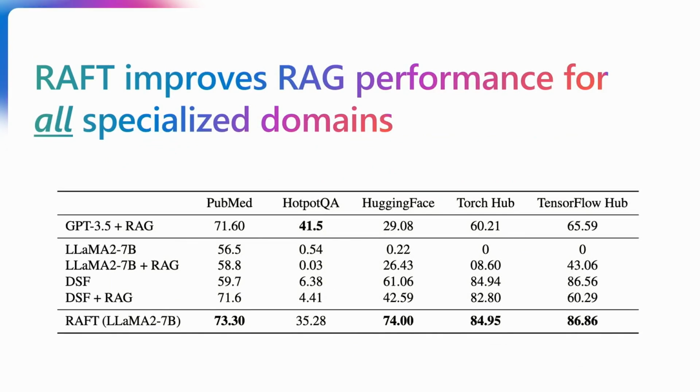How well do we perform? Well, in short, with RAFT, you can take an extremely small model like Llama 7B, and Cedric's going to show you some of the benefits in terms of cost of doing this, and actually get better performance compared to even state-of-the-art models out there, open source and closed source proprietary models. PubMed is a classical medical data set. HotpotQA is like a Wikipedia-style general knowledge data set, and the remaining three are coding data sets. So across three domains, what we show here is that RAFT performs state-of-the-art.